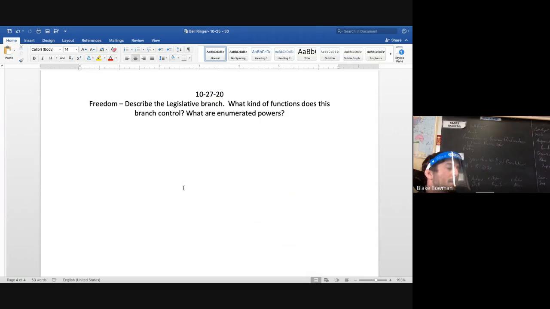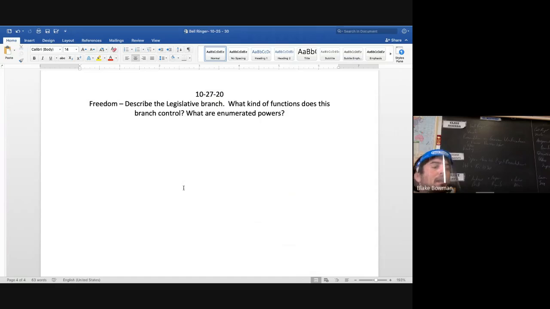Good job. We know that the House of Representatives, based off population, 435 members. Senate, which is equal representation, right? Two senators per state makes 100. Okay, and their main function is creating laws. Good job. And there's many different things too that it keeps the government balanced, that the Congress obviously votes on